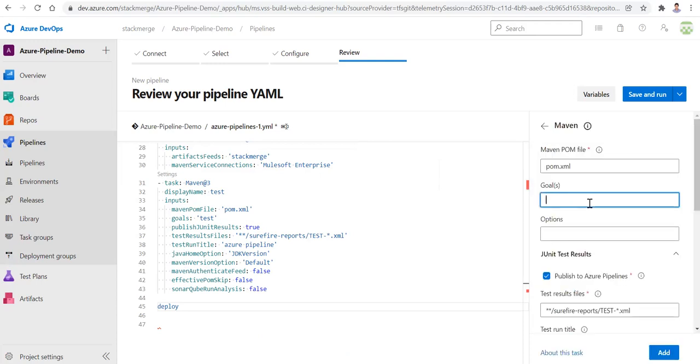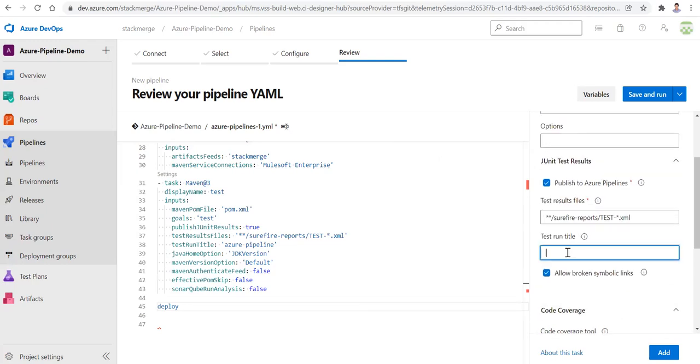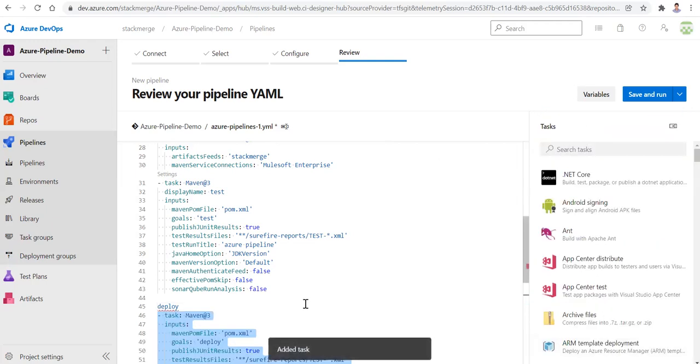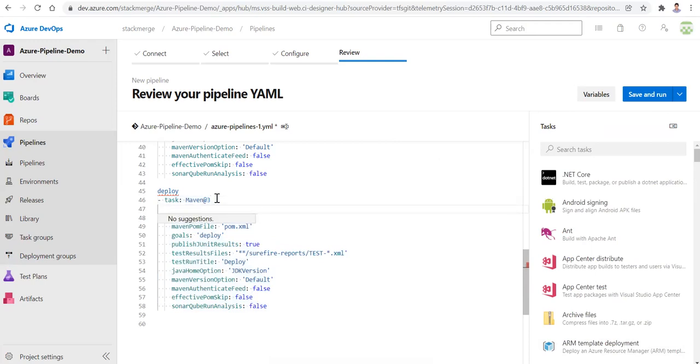Instead of package, we'll select deploy here. Then if you give a title here, the title will be deploy, and that's it. So you'll see our goal is deploy now. Here also we'll give a display name. Instead of build, it will be deploy. Yeah, so that's it.